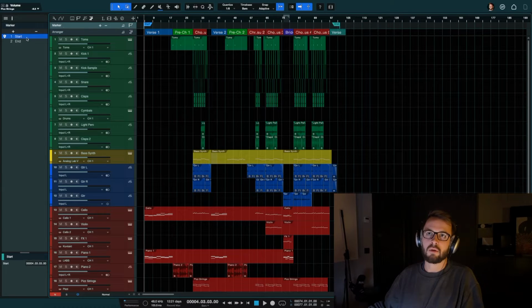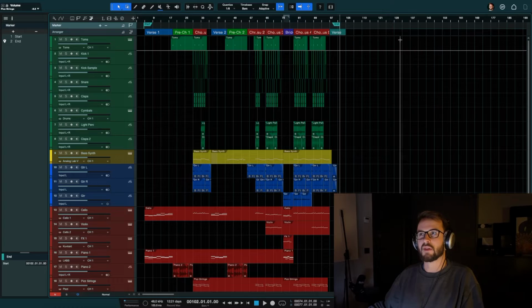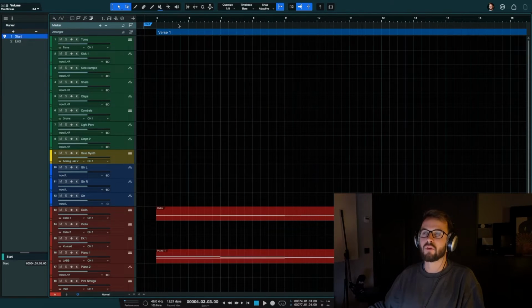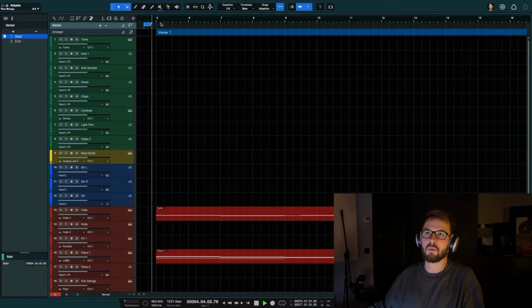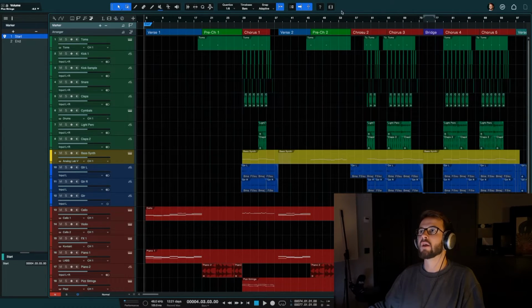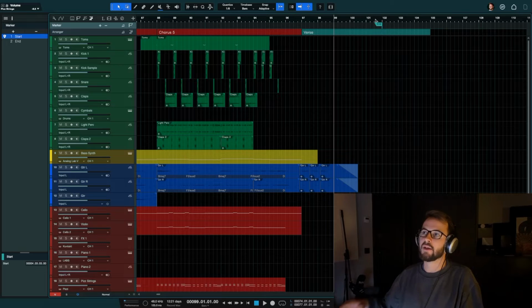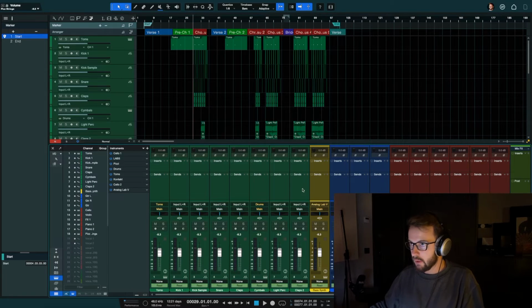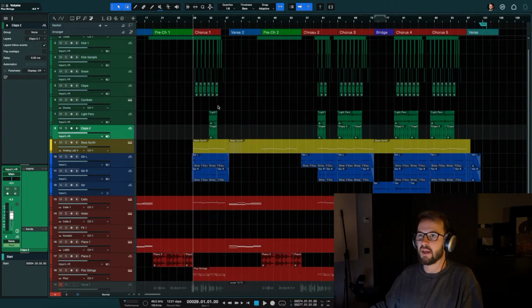I also like, by the way, to put a marker in there from beginning and ending. It just makes it a little easier for me to export a track. You know, my start point always starts a little bit before the track and ends a little bit after it's done. All right, so then the next thing that we're going to do is